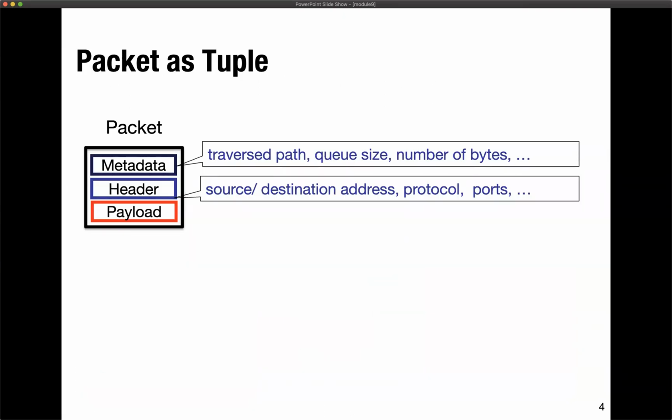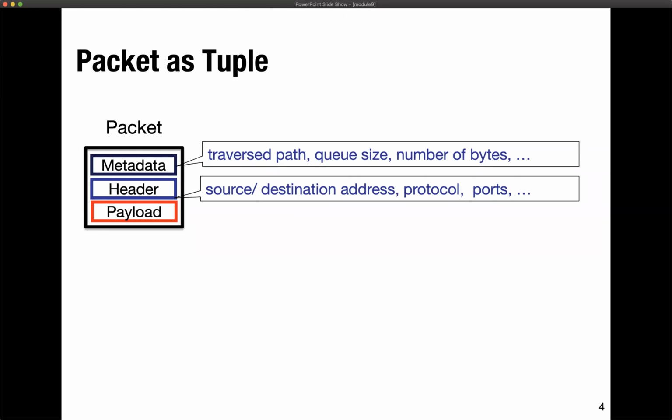So researchers have debated on this over a long period of time, a couple of decades. People have been discussing what is the right abstraction at which you should be expressing these analytics tasks, and at what granularity we should be expressing the queries for the network, right? And, for your reference, you know something like